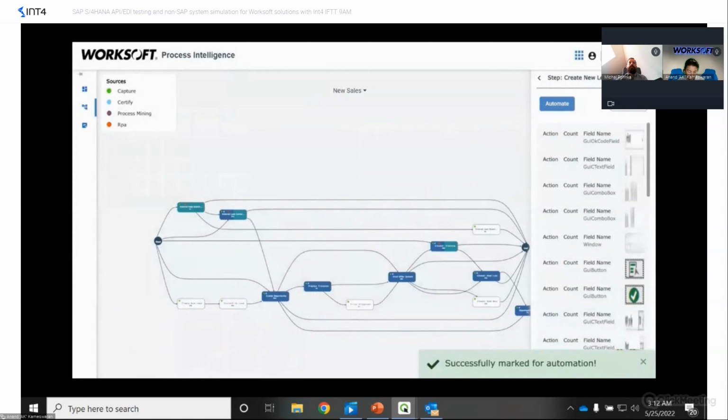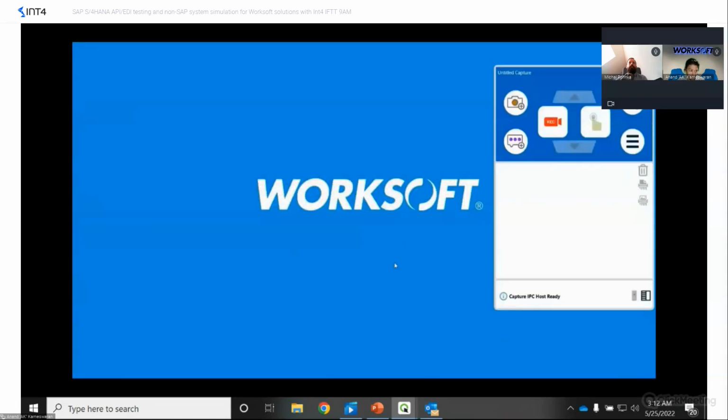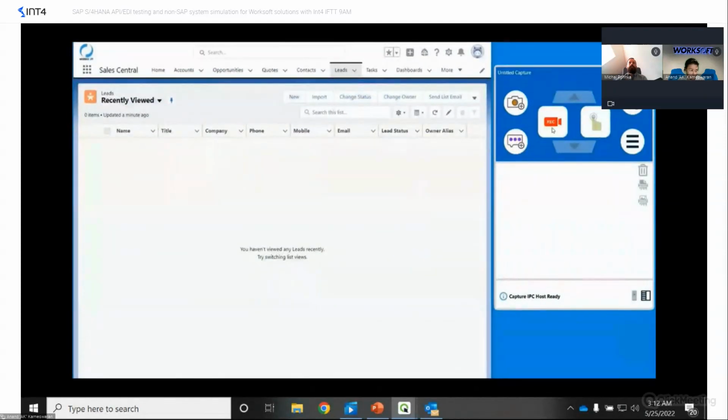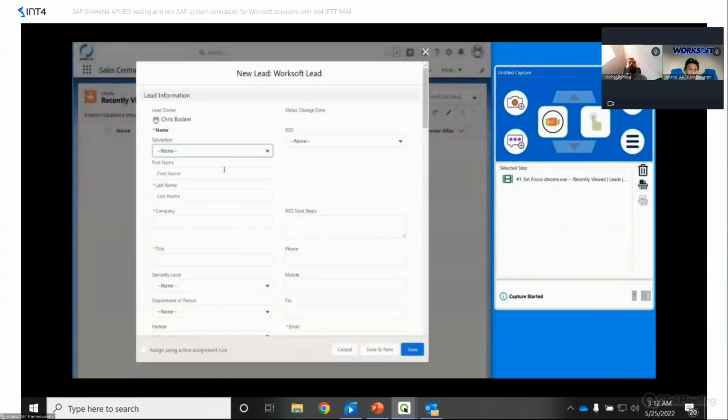But before we go and build out the automation, I want to show you how quickly and easily we captured the steps. To do this, we used Worksoft's Business Capture. It is lightweight, simple to install, and was designed to easily record and document processes by IT and business users. Whether it's SAP, Oracle, or as we see here with Salesforce, the user clicks record and goes about their normal